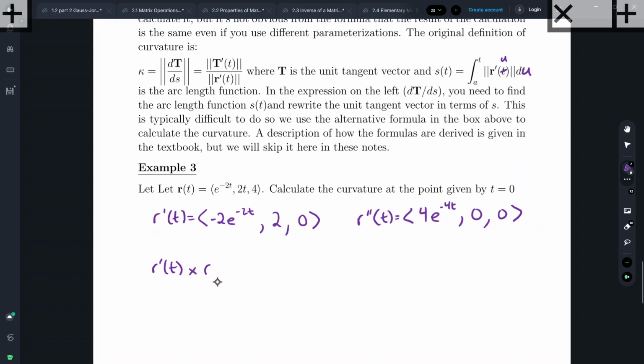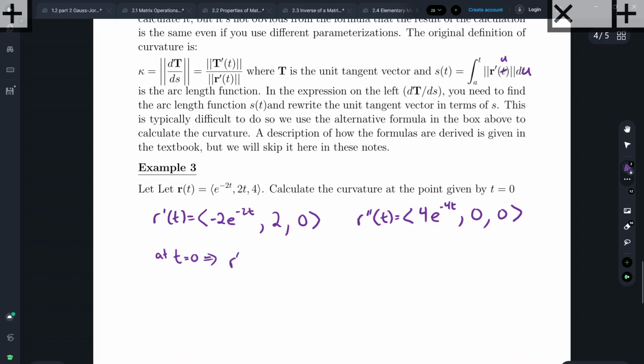Okay, so before we calculate the cross product, there are two ways you can do it. I can calculate the cross product in terms of the functions with the parameter t, but because we're asked to calculate the curvature only at a single point and not over the entire curve, this makes the calculation a little bit easier, right? So I can plug in the t value now instead of later, right? So at t equals 0,